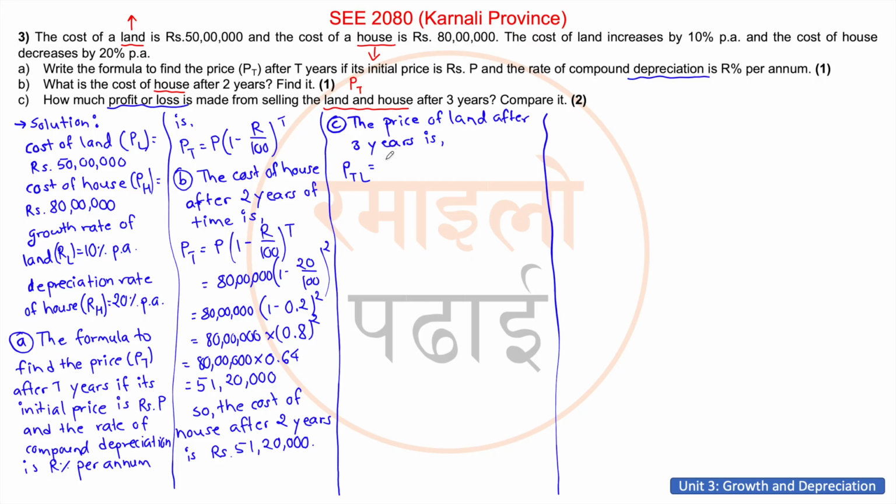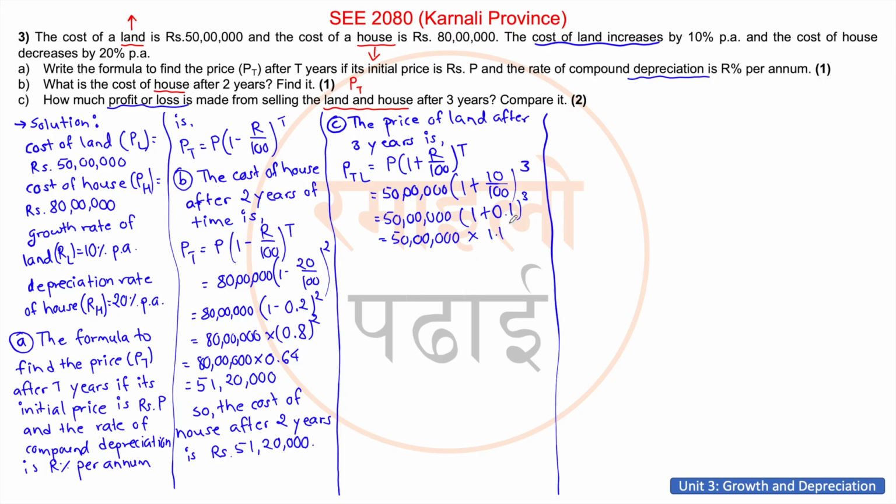PTL, which is equals to P times (1 plus R upon 100) power T. Why is here plus instead of minus? It is because the cost of land is increasing. So for growth rate we put plus instead of minus. So putting value, 50 lakh times (1 plus, we have R equals to 10%, so 10 upon 100) power time T is equals to 3 years, is equals to 50 lakh times (1 plus 0.1) power 3